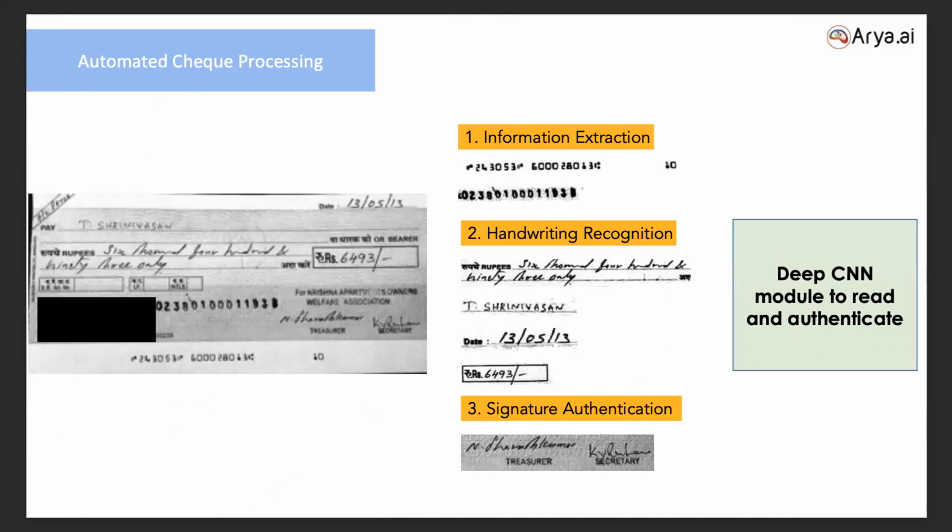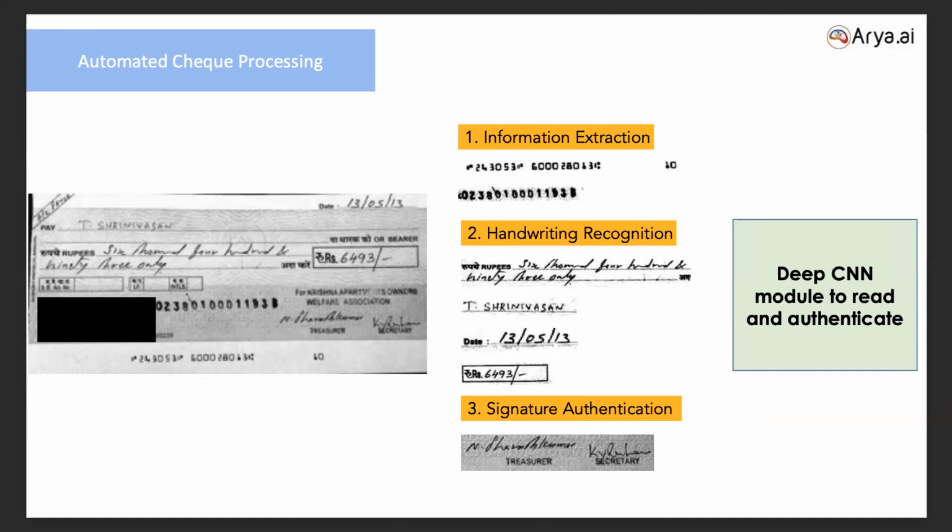So this is how a check normally looks, with a lot of stamps and a lot of unrelated information. For us, as a clearing processing task, we need to focus on majorly six aspects of the check. One is date, another is amount, which is amount in words and also amount in figures, and then MICR, which is the bottom part, which is digitally printed information, including the check number. And the other major part is the signature. So these are the major problems we have to solve.